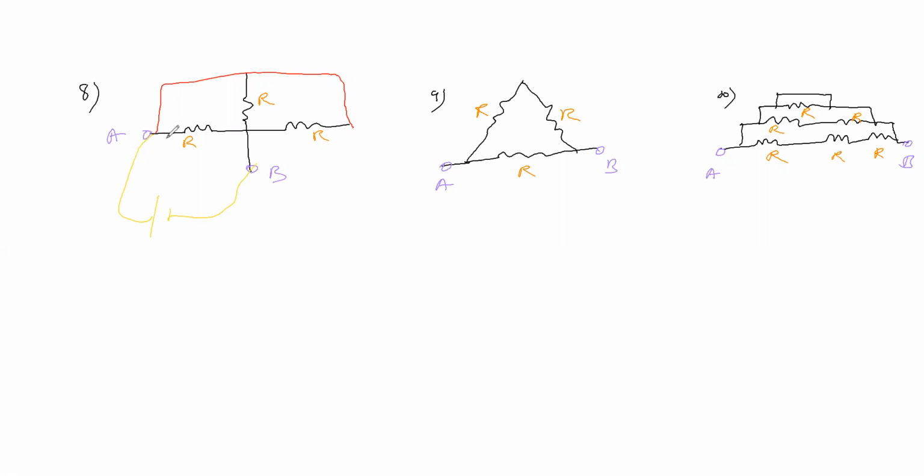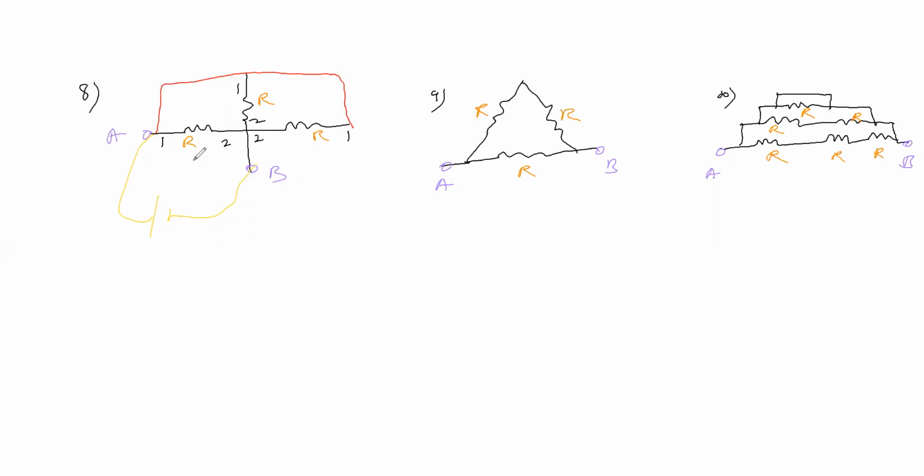We assume this is the first terminal, this is the second terminal, and so on for each resistor. In this case, the first terminals of all the resistors are connected to one common point. The first terminals of all three resistors are connected to one common potential, and the second terminals of the first, second and third resistors are connected to another common negative potential.